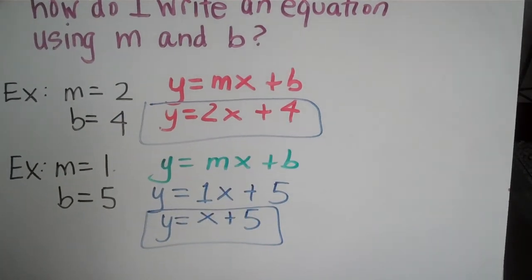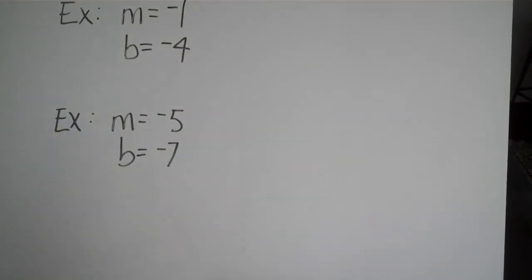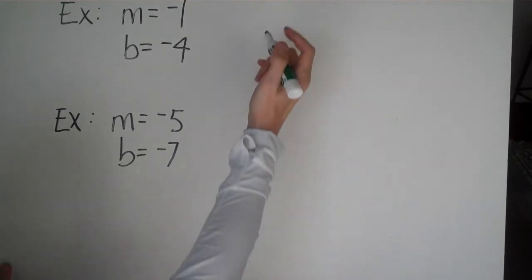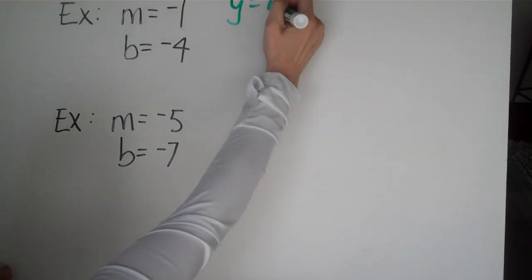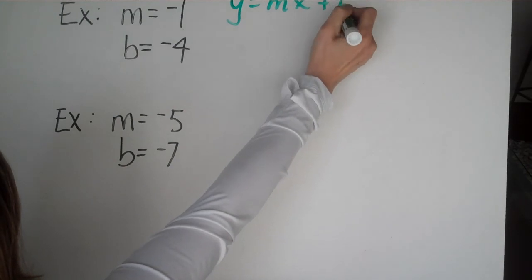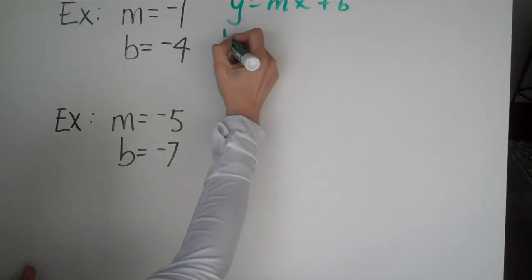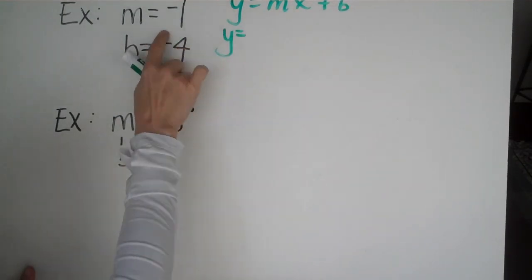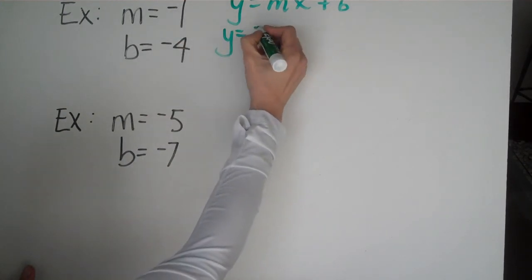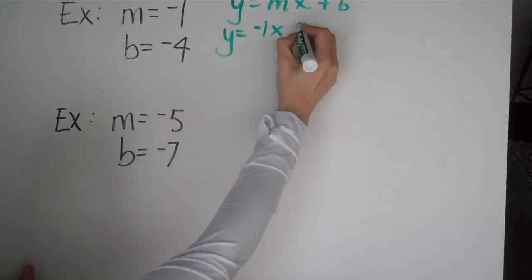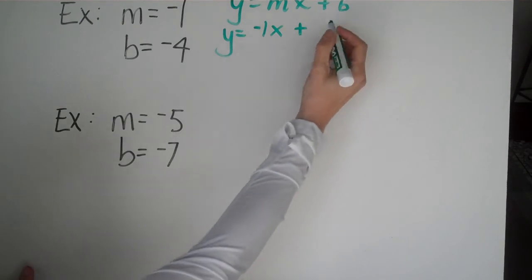I'm going to look at a couple more. What if they said m equals negative 1 and b equals negative 4? Okay, so we can still do this. Y equals mx plus b. It would be y equals negative 1 is the m, x plus negative 4